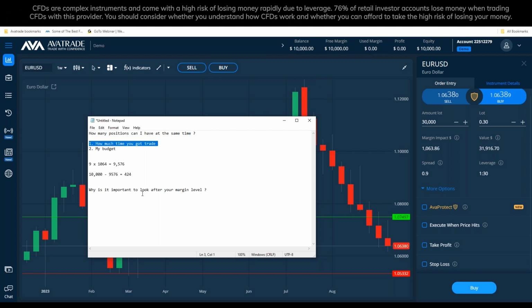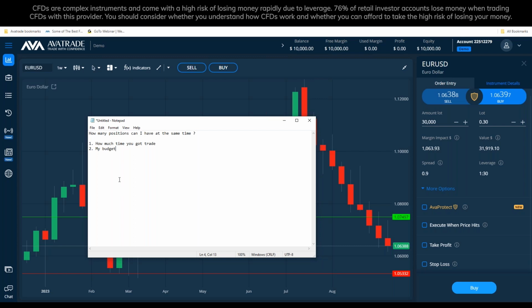First of all, we must know if we can manage it, if we have the time to manage it. Secondly, we need to look after the budget and make sure that we don't exceed a certain level of margin. We don't want to use 99% of the account. Why? Because it leaves us vulnerable, right? But to be honest, there is no limit. I can have hundreds of positions. If it's a good thing or not,